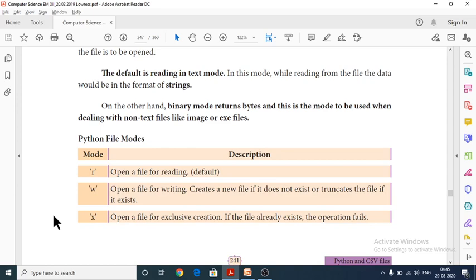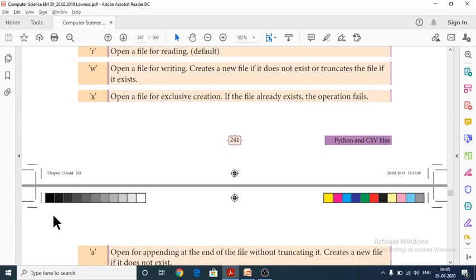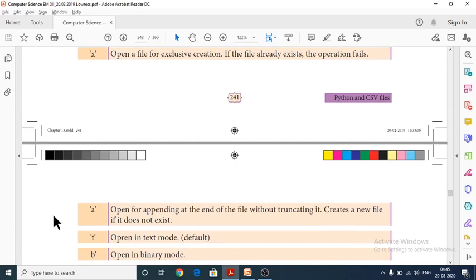If the file already exists, the operation will fail. Next one is A. A is for appending. At the end of the existing file, we are able to insert a new one. That is the main usage of A.